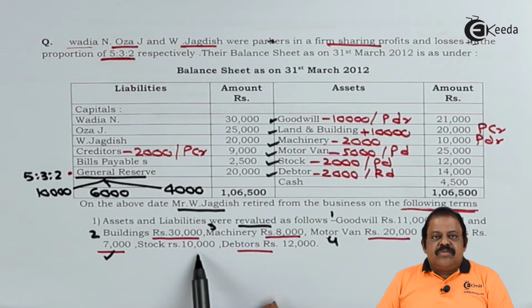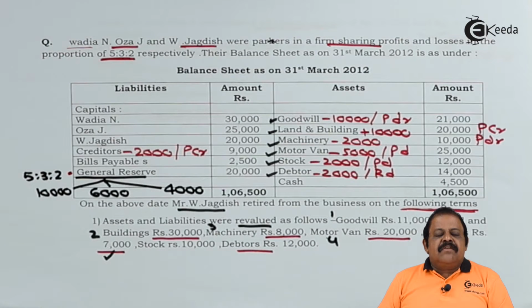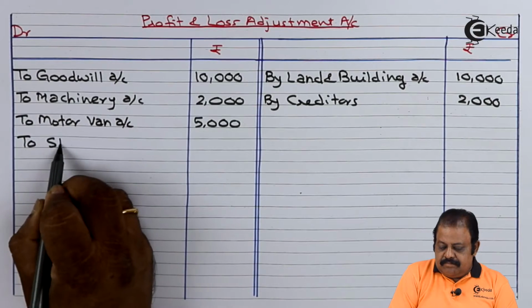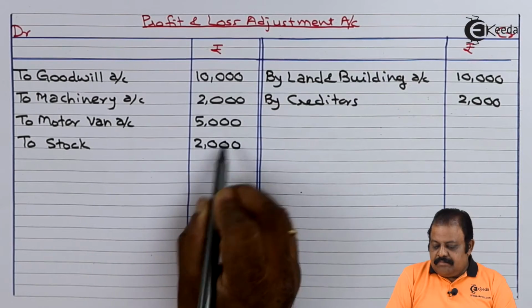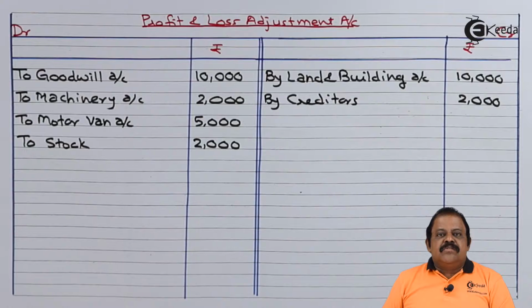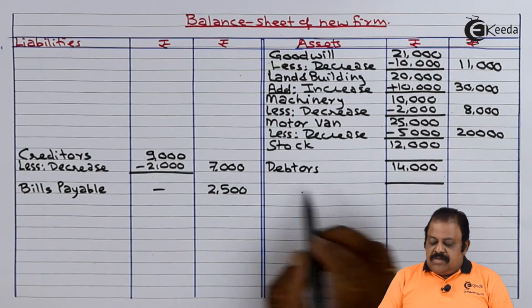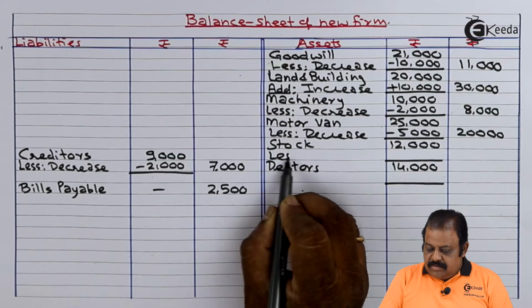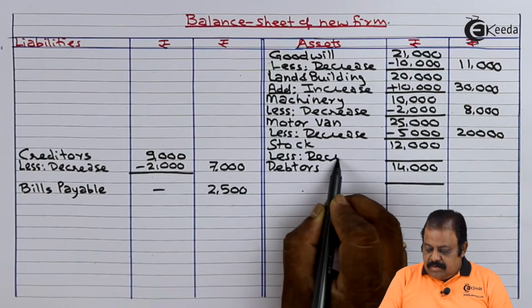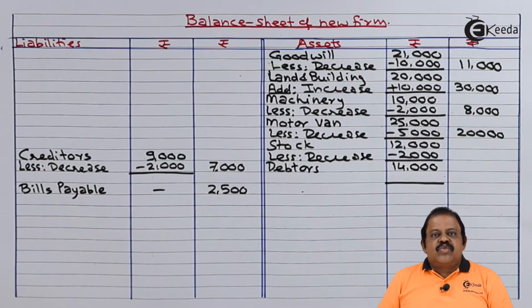Stock 10,000. Book value here it is 12,000. We'll have to reduce it by 2,000. Second effect, profit and loss adjustment account debit. Profit and loss adjustment account debit to stock 2,000. Asset side, stock is 12,000. Let's decrease 2,000,